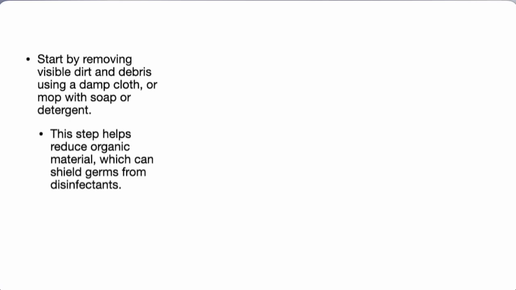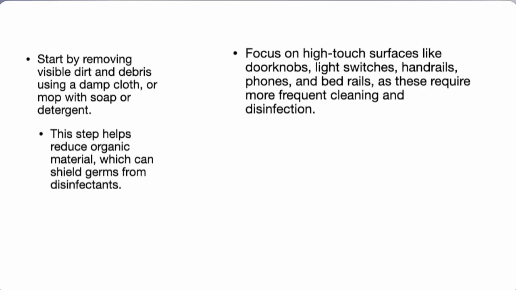Start by removing visible dirt and debris using a damp cloth or mop with soap or detergent. This step helps reduce organic material, which can shield germs from disinfectants. Focus on high-touch surfaces like doorknobs, light switches, handrails, phones, and bed rails, as these require more frequent cleaning and